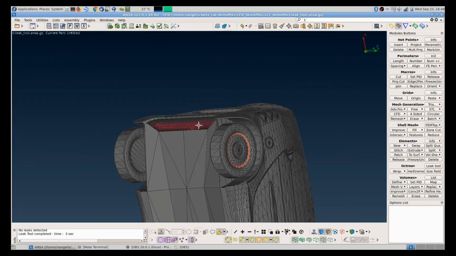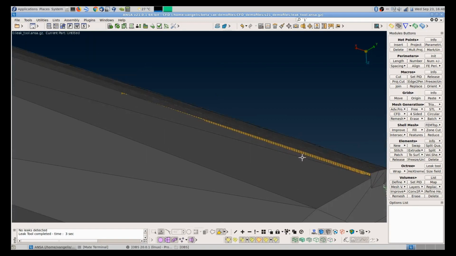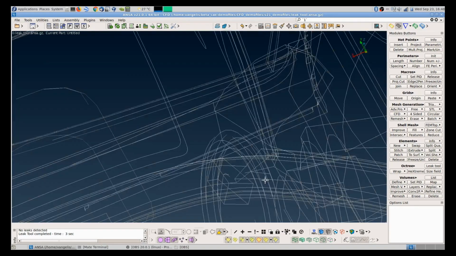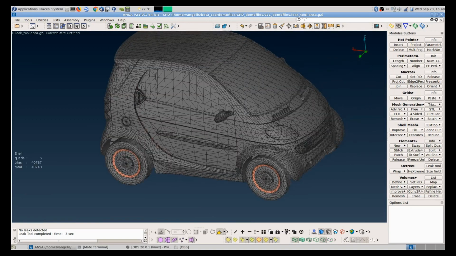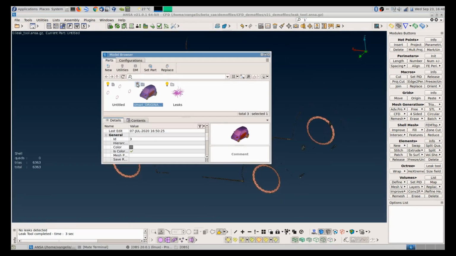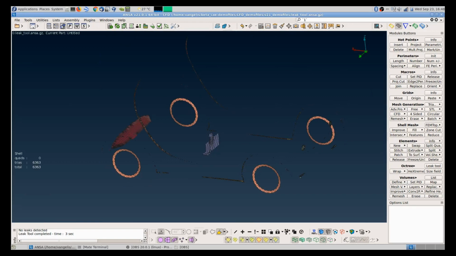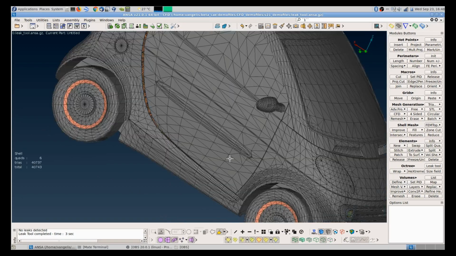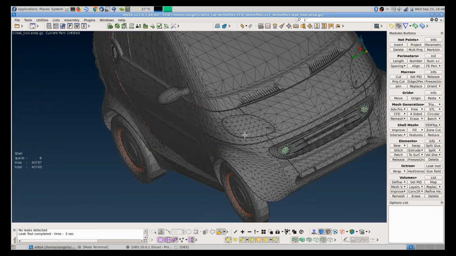ANSA has closed this gap. It has also closed gaps here. Right. So if I deactivate the visibility of this part, you can see that and that. These are all the leak patches. And of course I can rerun the calculation so that it creates more leak closures with a smaller length.